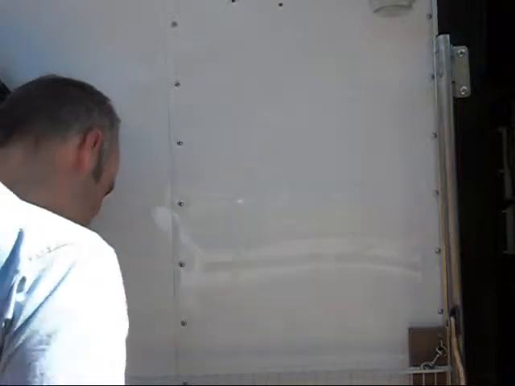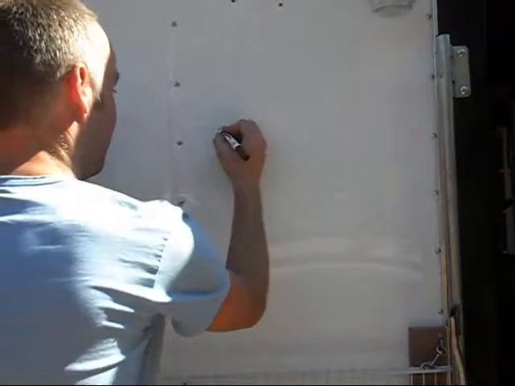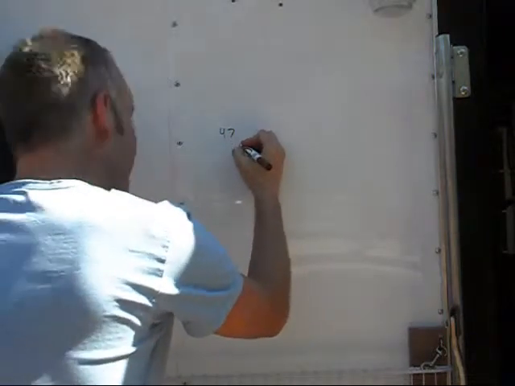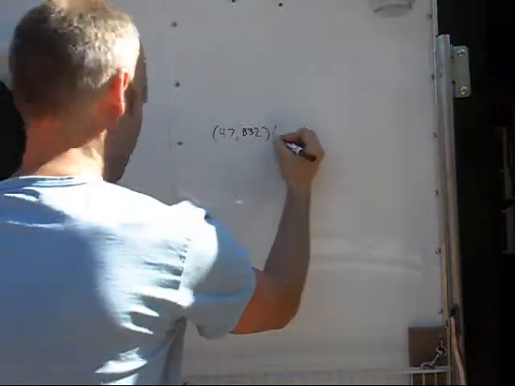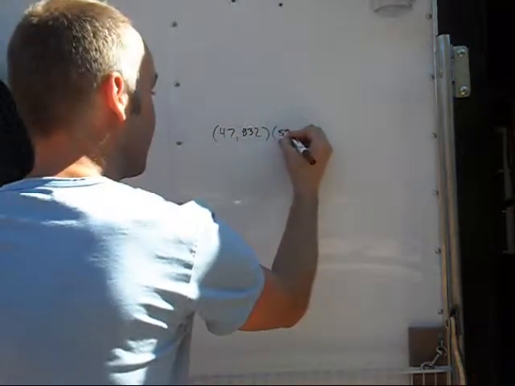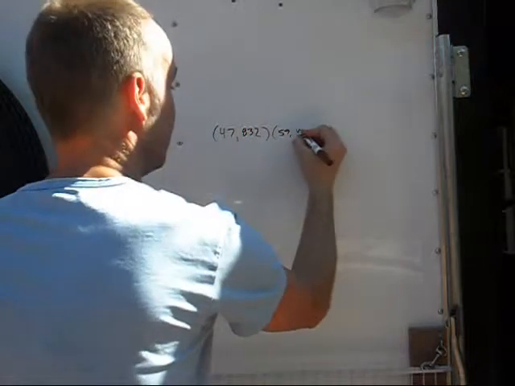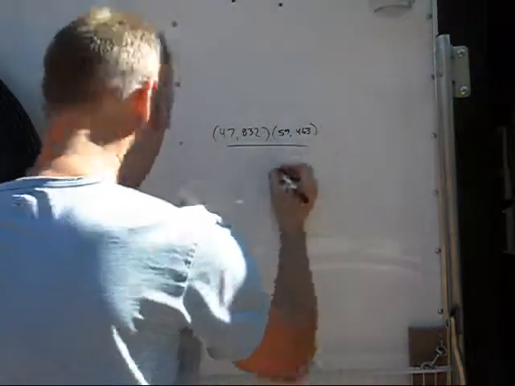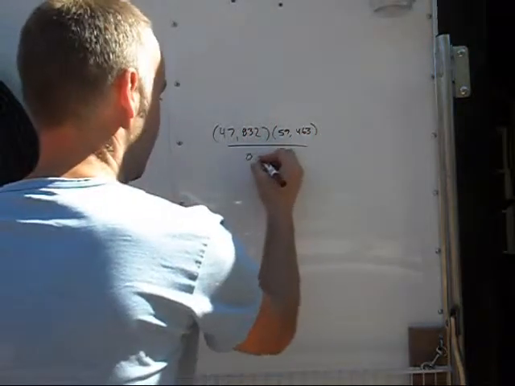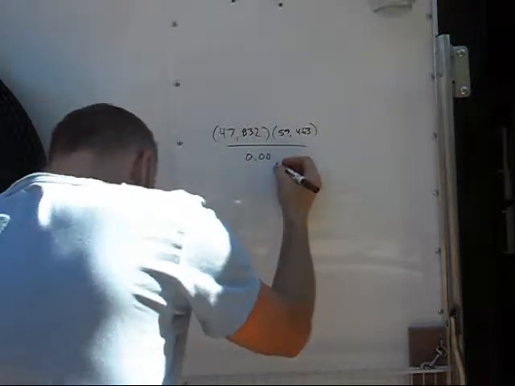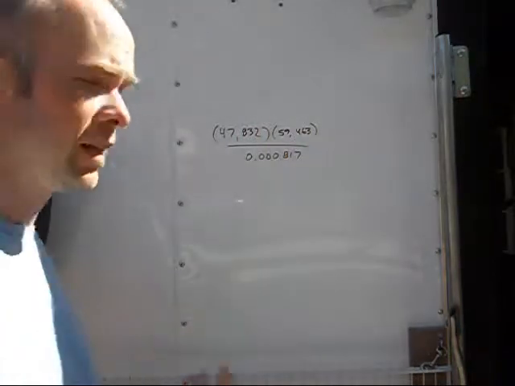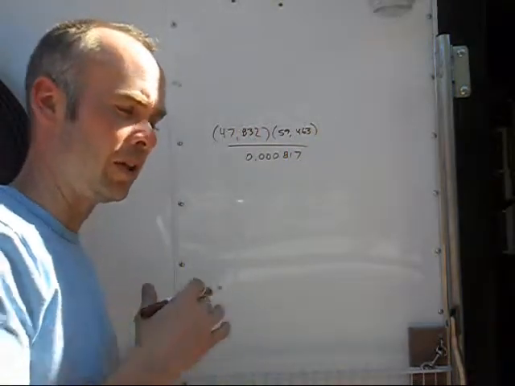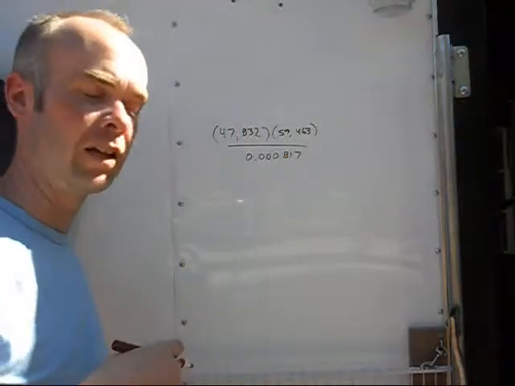So it says use base 10 logarithms to simplify 47,832 multiplied by 59,463 divided by 0.000817. So the key to these is to get all these values to a base 10, and so what we'll do is we'll